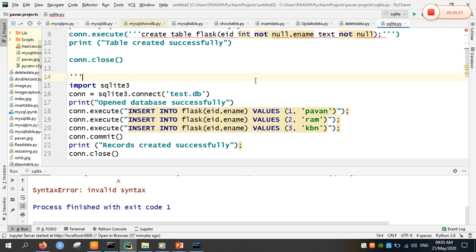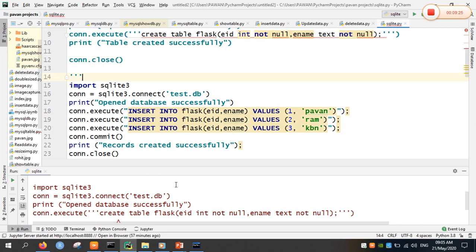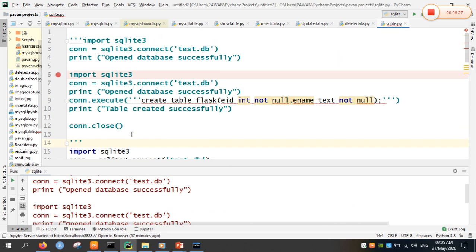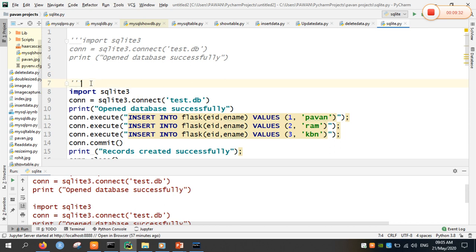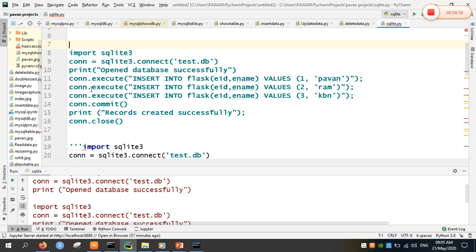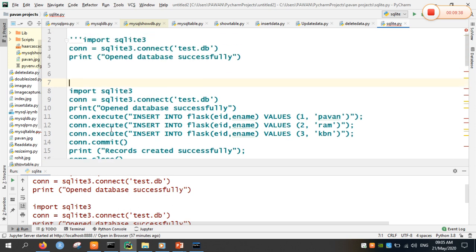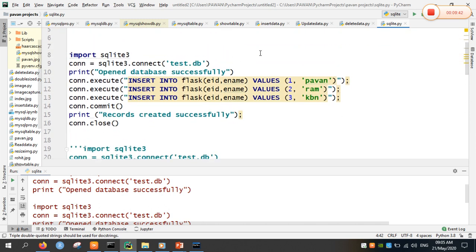Yeah, then we will execute again. Invalid syntax here, the table. Yeah, we can delete it, it's not necessary now. We already created it. We will remove the highlight comment here. I will close here. Yeah, so only these lines are highlighted.